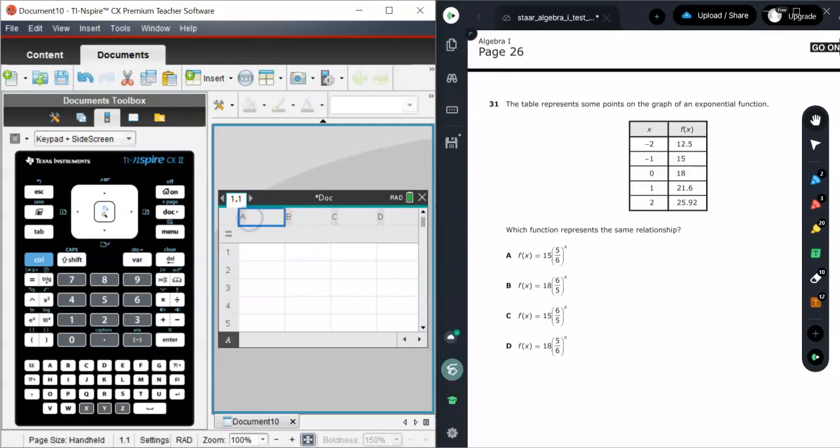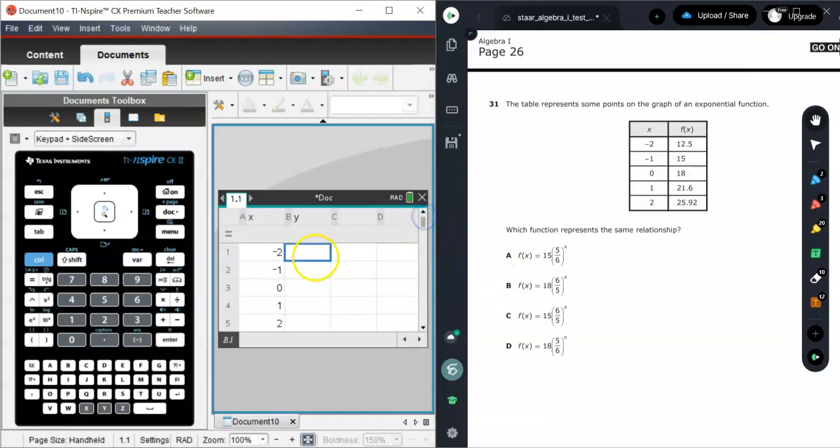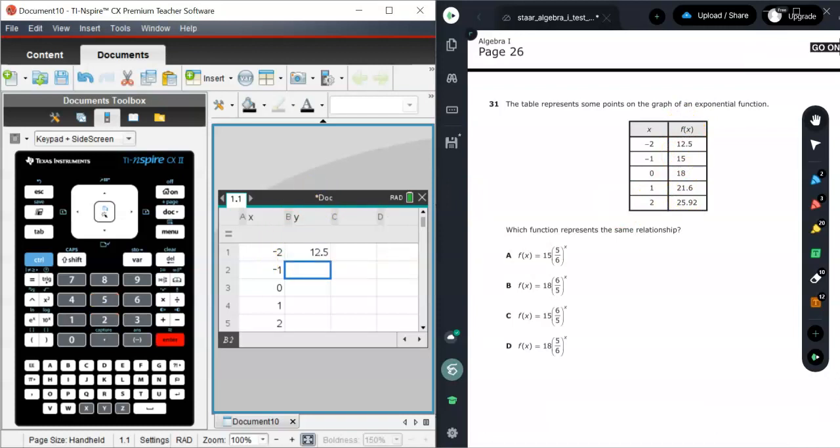I'm going to do a new list or spreadsheet. I'm going to go up to A and call that X. Those are my X values. I'm going to go to B and call those my Y values. You have to tell the calculator what your X's and Y's are. So I'm going to enter -2, -1, 0, 1, and 2. Where did I get these numbers? Right here. Those are my X values. So now I'm going to go to the Y column and I'm going to enter my Y values, which is your f of x values. So 12.5, 15, 18, 21.6, and